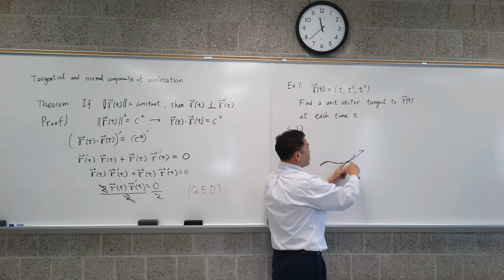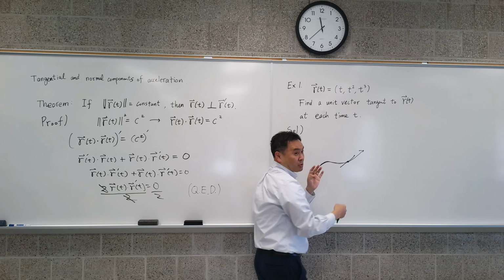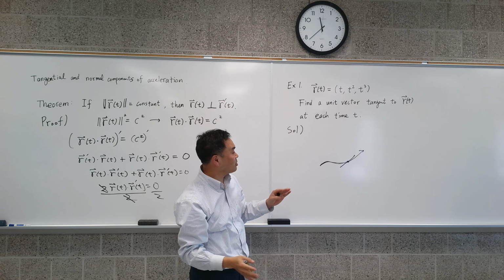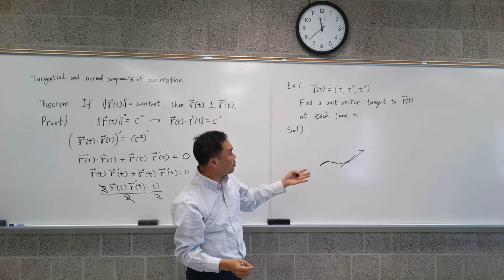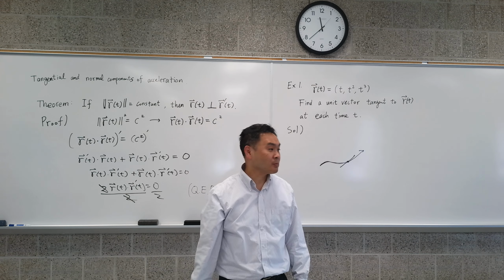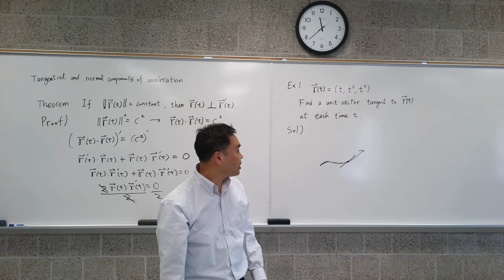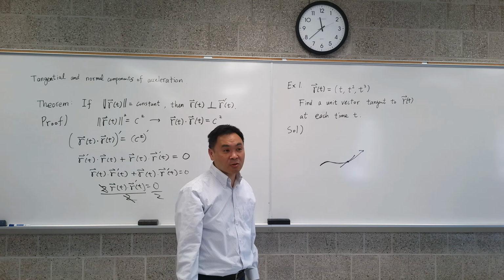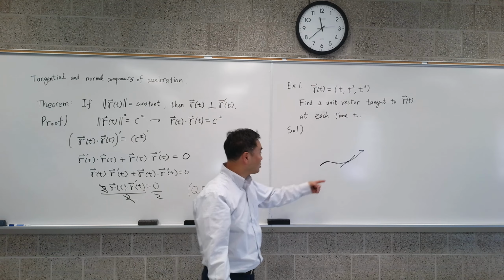This vector could be long or small, or it could be in the other direction. So there are many different vectors that are tangent. But what's an efficient way to get just one tangent vector? Maybe the derivative. Yeah, you just differentiate, and that gives you the velocity vector, which is always tangent to